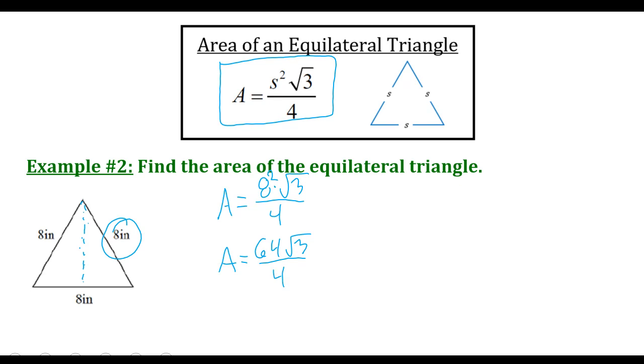Then what I would do on the calculator is type in the top, 64 times root 3, and then use that answer to divide by 4. Right? Sometimes you've got to use one step at a time. So square root of 3 times 64 should have got you about 110.85-ish. Try to use that answer, and in the calculator it'll say Answer, and just divide by 4. Answer divided by 4 will get you